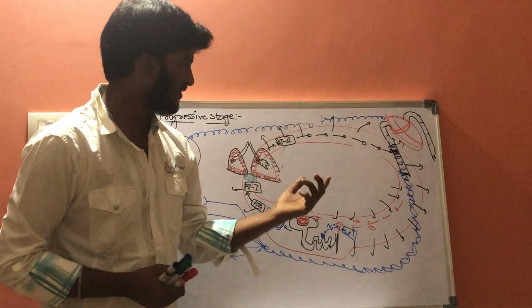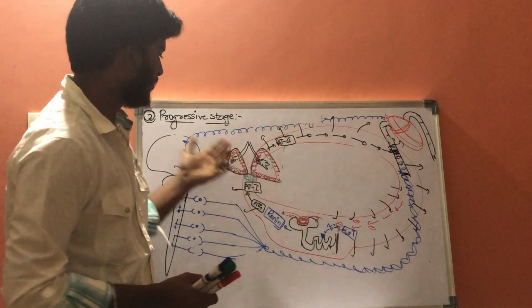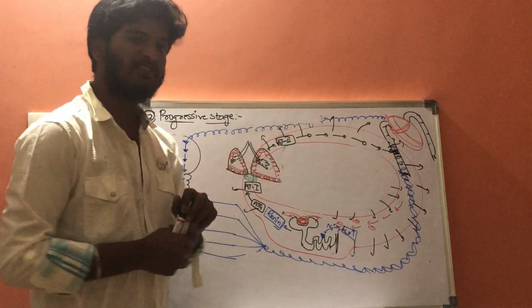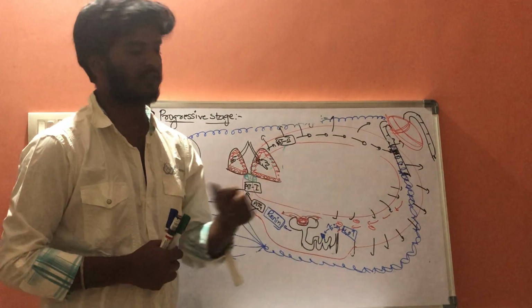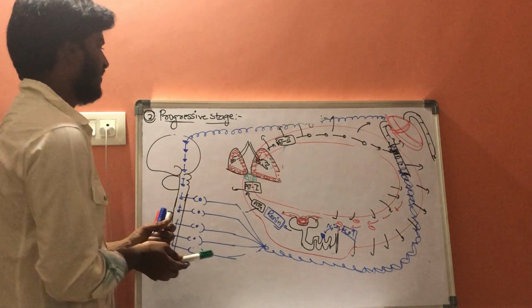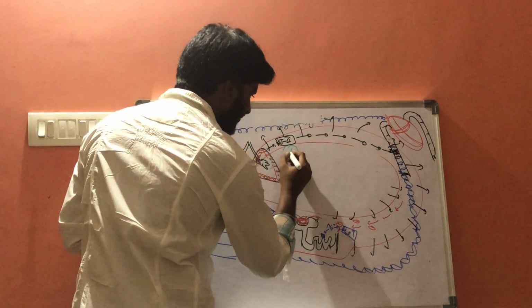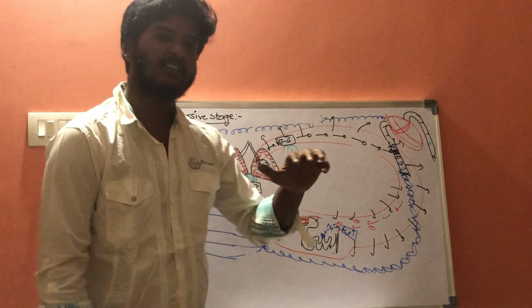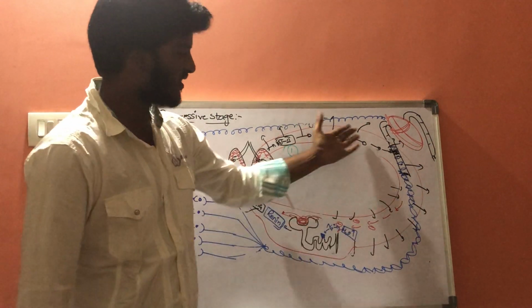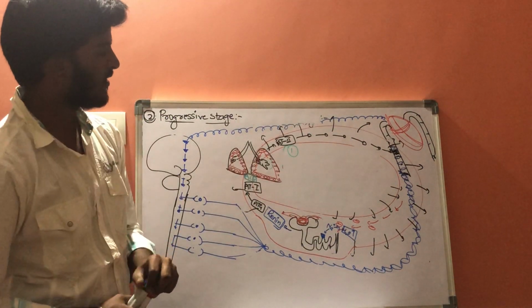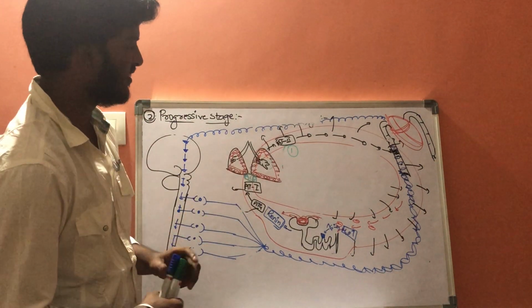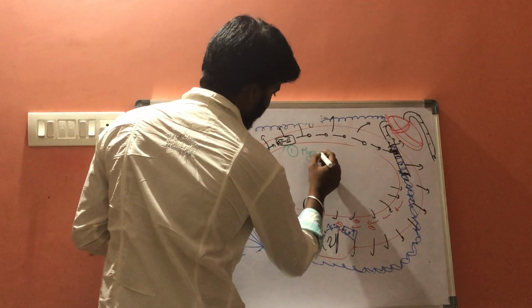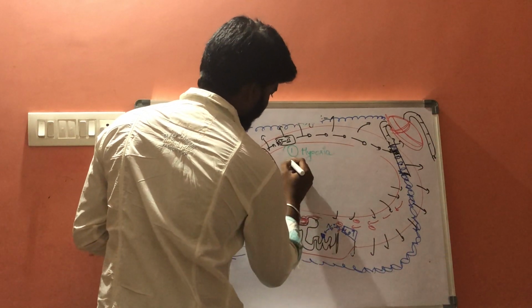There will be no activation of the renin-angiotensin system, and no sympathetic outflow. Now, in the progressive stage, the flow of the blood will be decreased. So whenever the flow of the blood is decreased, what are the characteristic features of the progressive stage? Whenever the flow of the blood is decreased, oxygen supplied to the tissues will be decreased. So whenever the oxygen supplied to the tissues is decreased, it results in hypoxia. First condition is that it results in hypoxia.